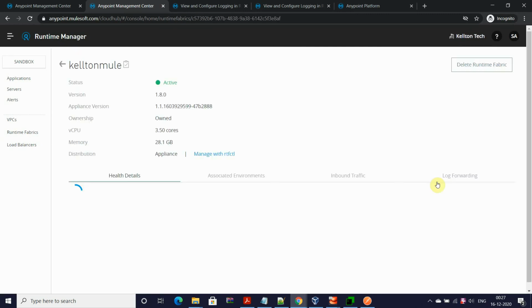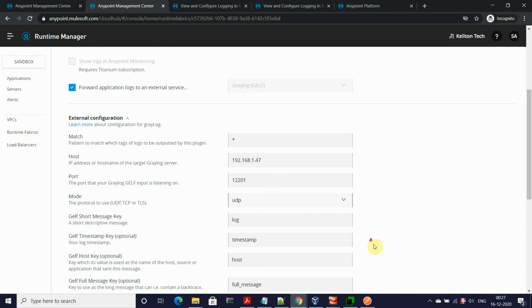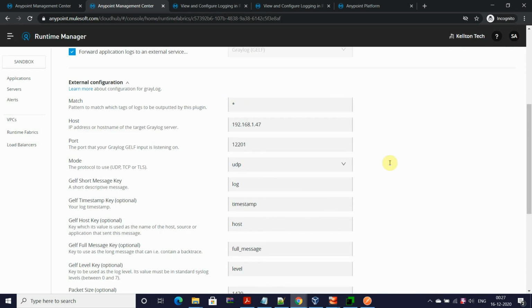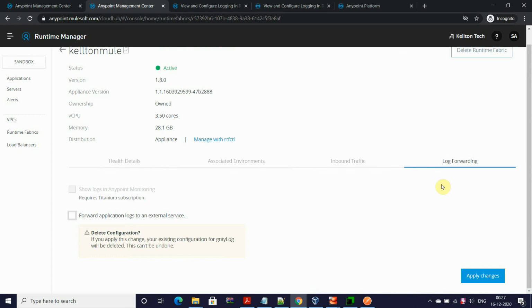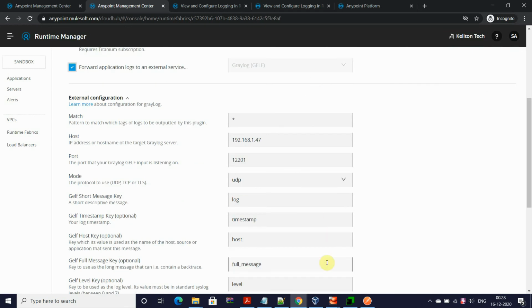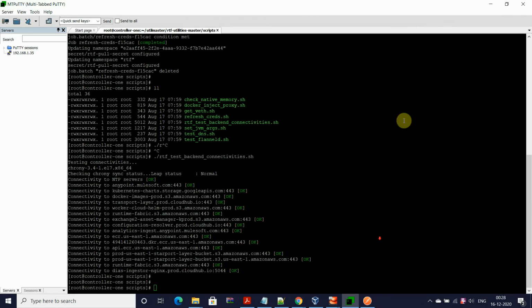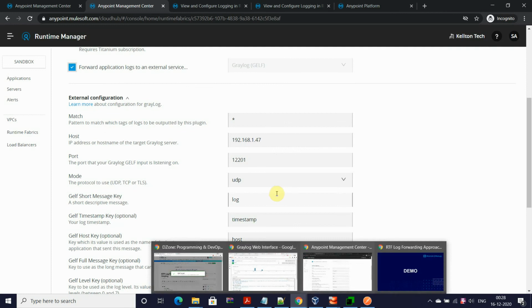In the same place where we have configured it, it's forwarding logs to Graylog. You can change it if you require. I have to apply it, and then I would be allowed to configure again, which I am not doing right now, but definitely you can configure multiple analytical tools based on requirement, or you can configure with the help of commands on the platform. So that is the very easy configuration.